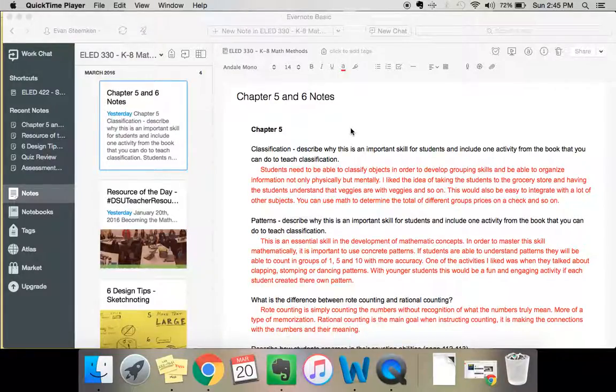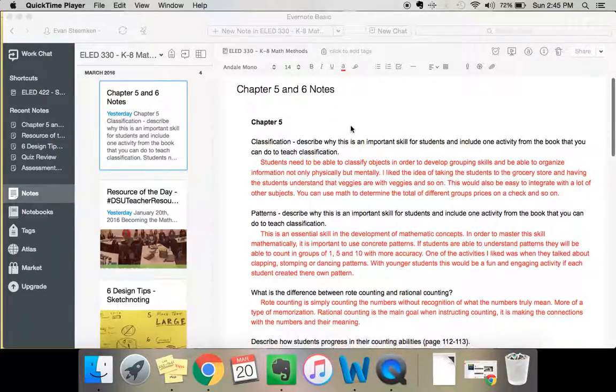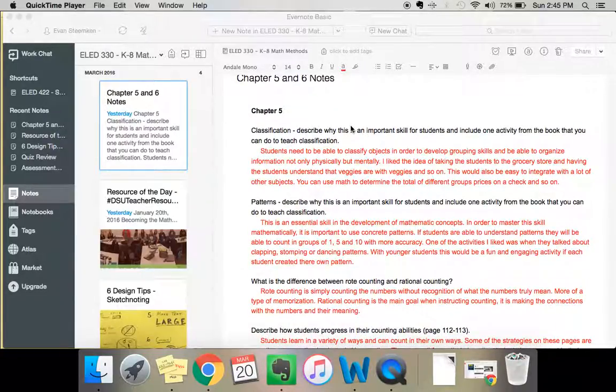So for this assignment, we had to read chapter 5 and 6 out of our textbook, and we took notes on specific things. And now I'm going to give some feedback on the notes that I took. For chapter 5, it really focused on numbers and teaching students to have a good number sense and knowing what